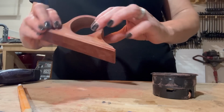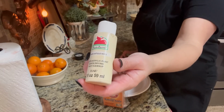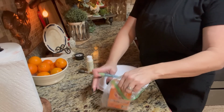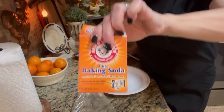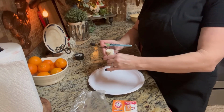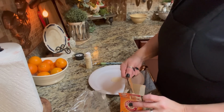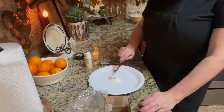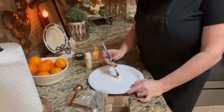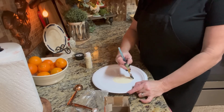So now I'm gonna take some acrylic paint in this antique white, put some on a paper plate. Y'all have seen this before. I'm just gonna mix some baking soda just to get it to a thicker consistency, just so I can get this painted on my base, my clock base. I'm not looking for 100% full coverage. I'm just wanting it to cover up most of it,